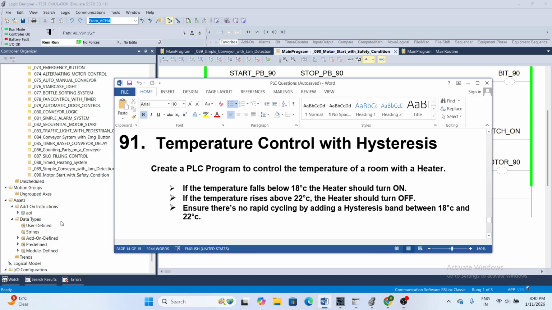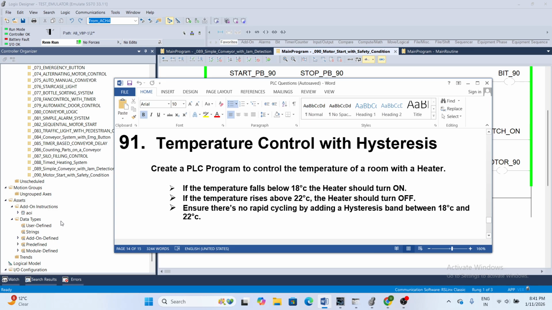So today is day 91, and in this video I am discussing another logic: temperature control with hysteresis. In this logic we are going to discuss point to point how to create a PLC program in PLC logic software, one by one.